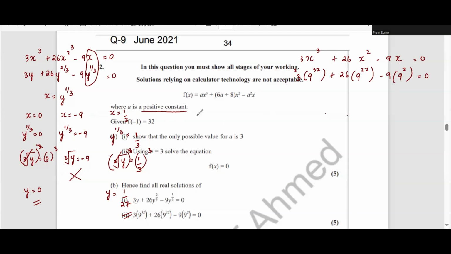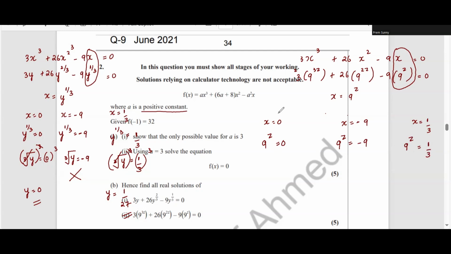to 0. Same as the previous first subdivision, we just have to compare both the equations and see what x represents here. Instead of x, we have 9 to the power of z here. We already know the x values. When we simplified, we got x is equal to 0, x is equal to -9, and x is equal to 1/3. Now, we need to replace x with 9 to the power of z. 9 to the power of z is equal to 0. 9 to the power of z is equal to -9. And 9 to the power of z is equal to